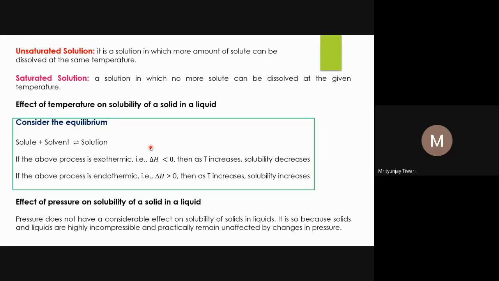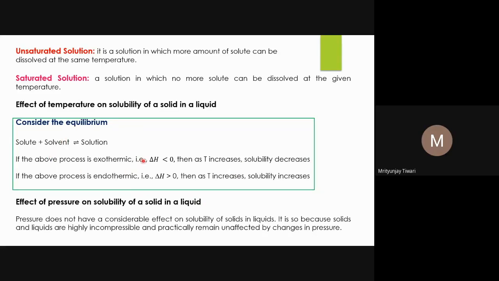Now if you heat the solution, you are increasing the temperature, which means you are increasing the heat content. And something which was stable at lower temperature and low heat content will not be stable at higher temperature. So what will happen? The reverse process will happen. The crystallization will happen, and the rate of crystallization at a particular temperature will increase, and that means the solubility of that solute in the solvent will decrease.